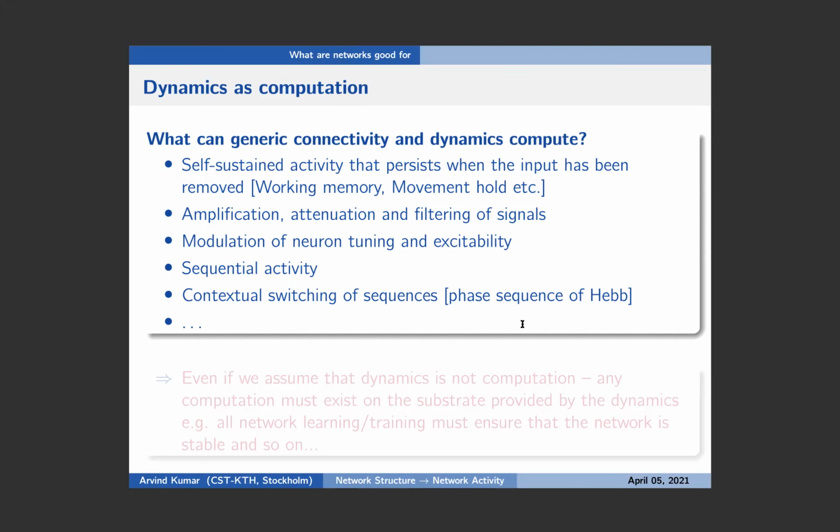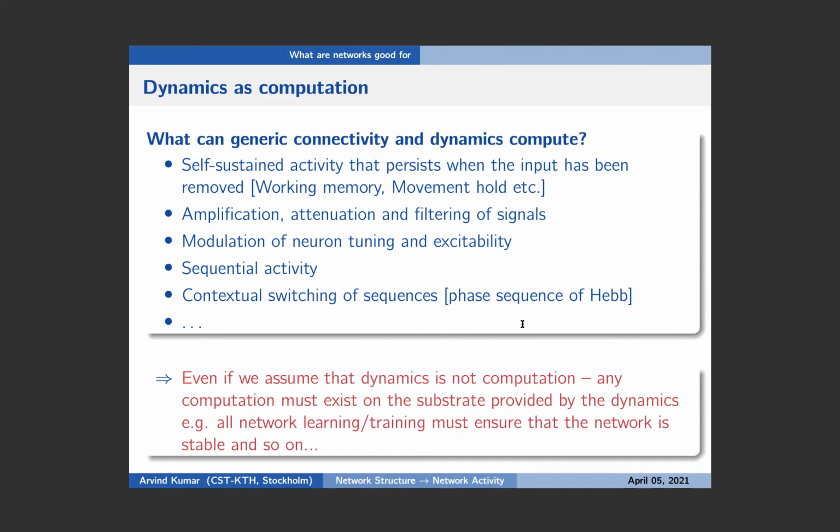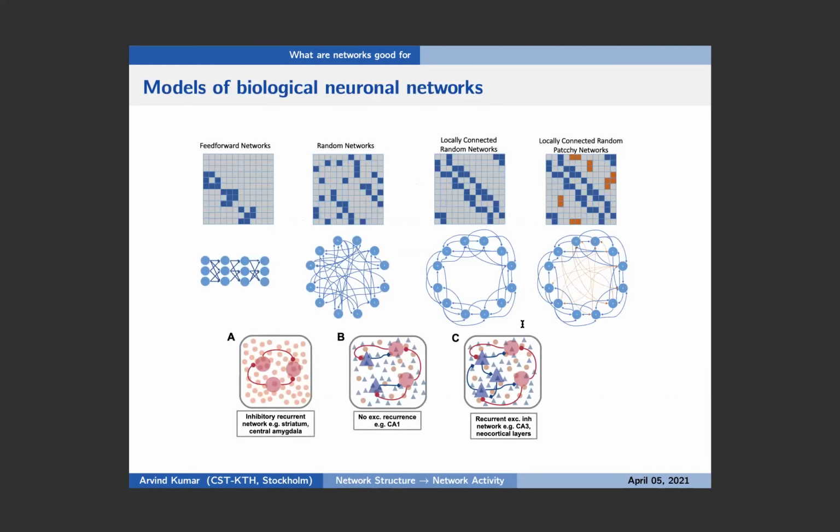But even if we say that, well, this is perhaps not the way the brain works, then the position I would like to take is that if dynamics is not the computation, at least it is the substrate of computation. Then computation must exist in a certain dynamical environment, and almost always any computation should not destabilize the network or create bifurcations. So in some sense, dynamics gives the preconditions to process information and puts boundaries on what can be computed and what cannot be computed. So with this, I would like to explore how structure relates to dynamics.